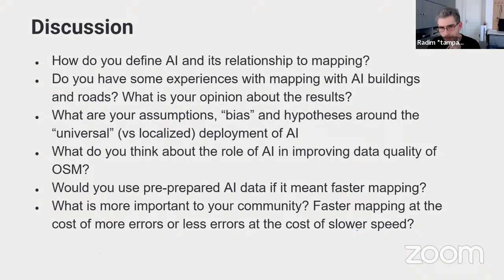So, what about experiences? I don't know how many people in chat answered that they have experiences. I see that some of them. The question is if they really use it in classic mapathons, or if it was only some special mapathons for AI.